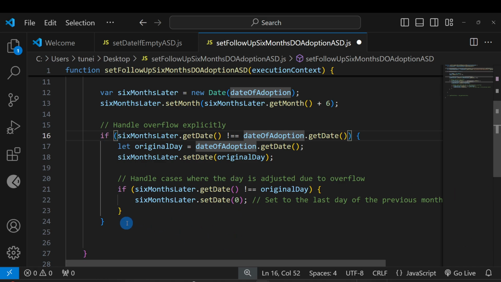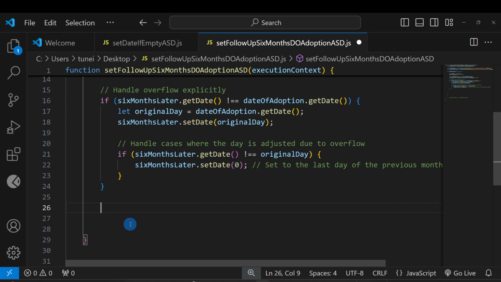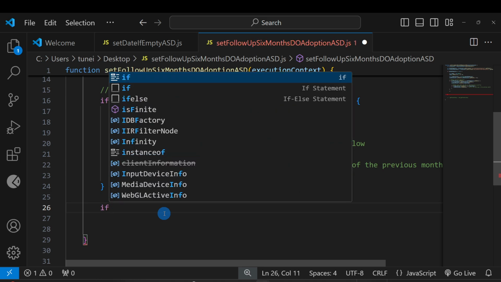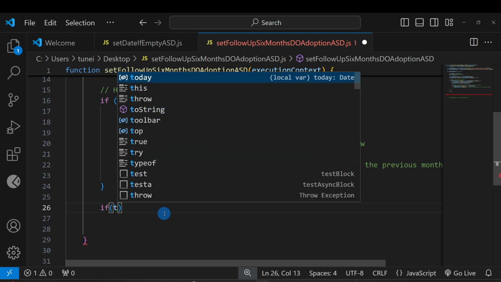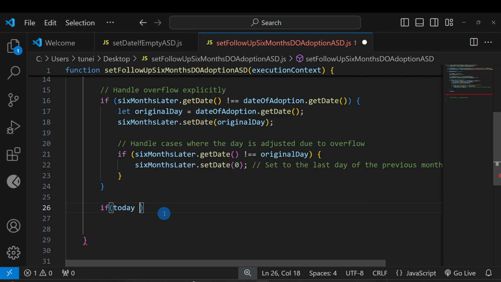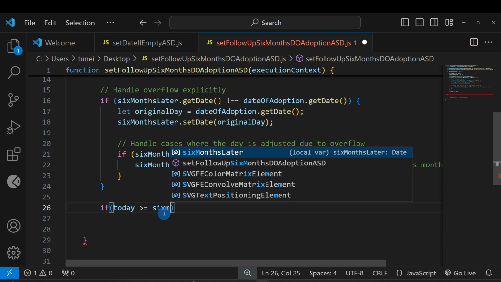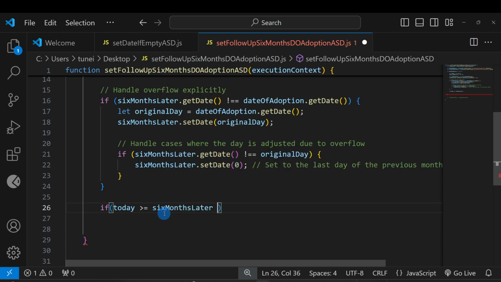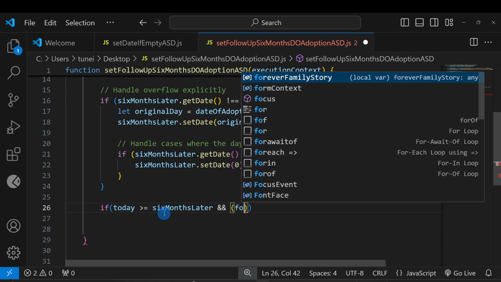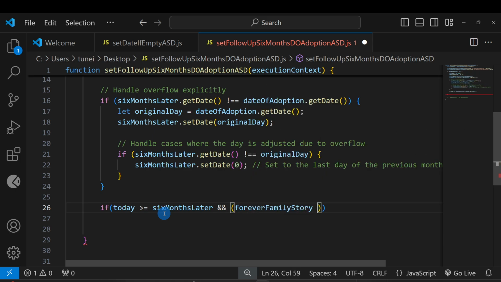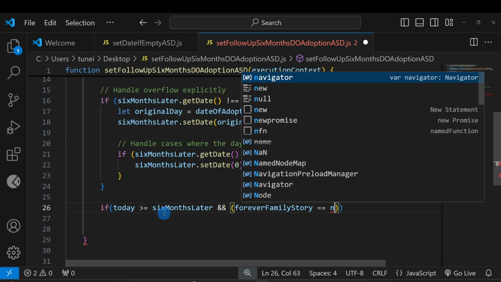So after handling those edge cases, we then need to start working on adjusting the get Foster story. And to do that, we're going to say another if statement. I'm going to say if today, we're going to first check if today is greater than or equal to 6 months later. So if today is greater than or equals to 6 months later, and we also need to check the forever family story. So put it in a parenthesis so we can separate the logic. And forever family story is equal to null,